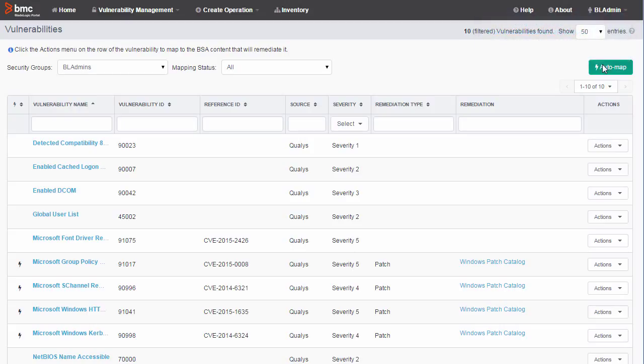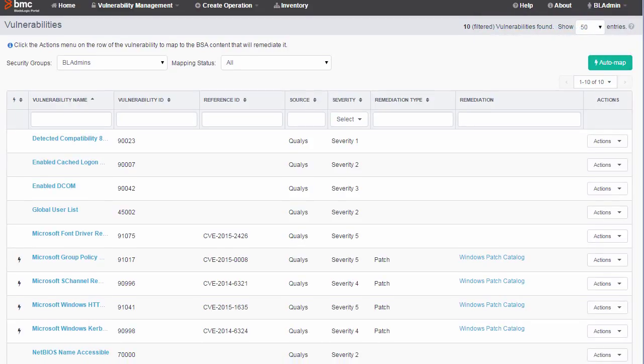It mapped 4 vulnerabilities. For vulnerabilities that remain unmapped, there's a manual mapping procedure. You can match vulnerabilities to any type of depot content that can be used for remediation, such as BL packages, software packages, or NSH scripts.